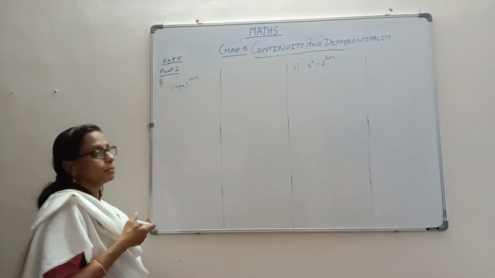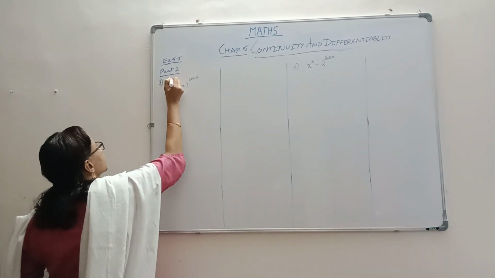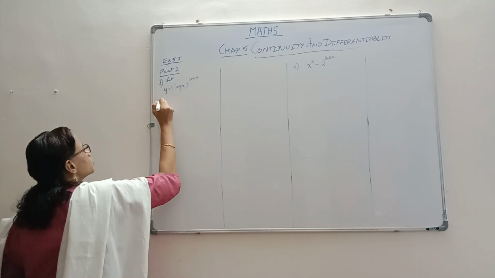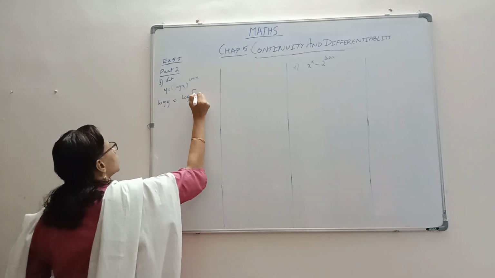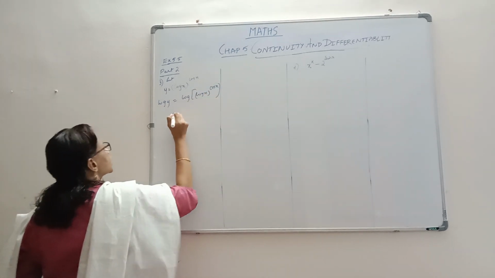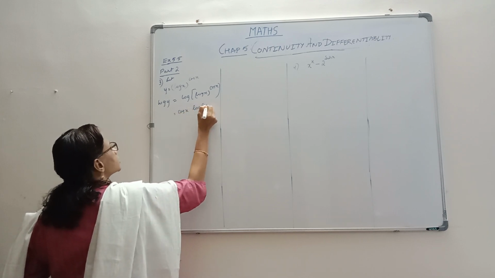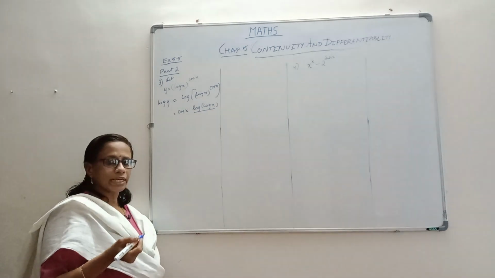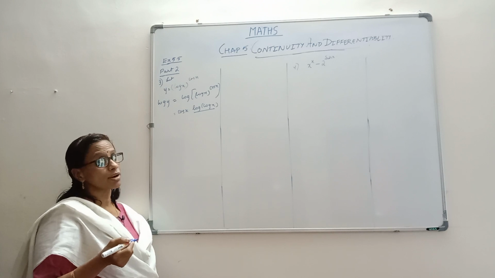So our third problem is log x raised to cos x. To start with, we will call this y. Let y be this. Then we know that we have to take log on both sides. So it is log y equal to log of log x raised to cos x. We know that the exponent will always come to the side, so you have cos x times log log x. Nothing new to us. Though it is looking a little complicated, we have done it in the previous exercise, and we know that the derivative of log x is 1 by x log x.